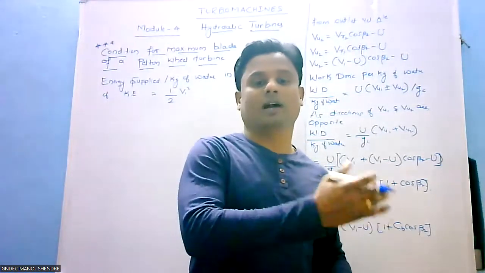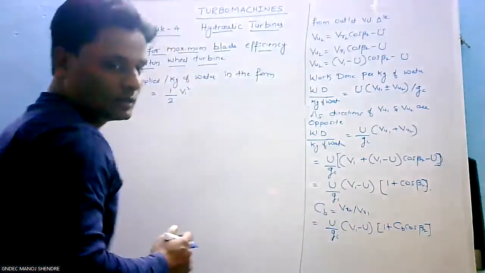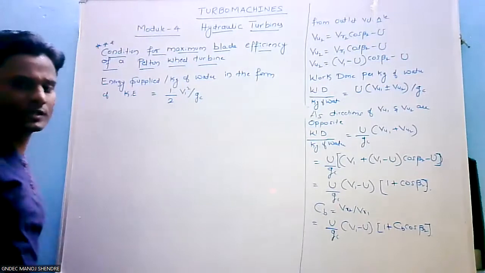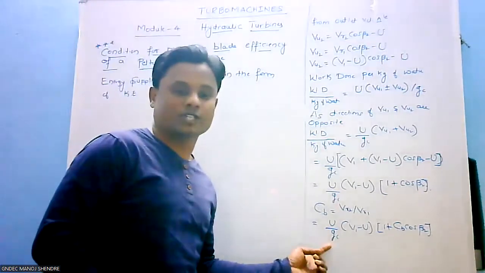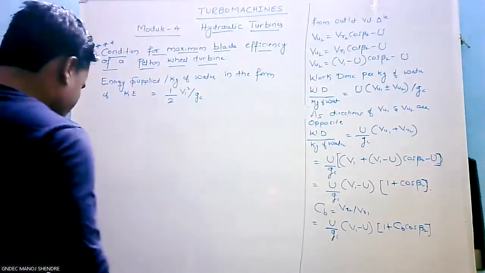So if we consider the kinetic energy per unit mass, then we have to take 1 by 2 v1 square, and of course divided by gc. Gc is some constant, because already we have written gc here also. Gc will get cancelled ultimately in the final equation. So therefore,